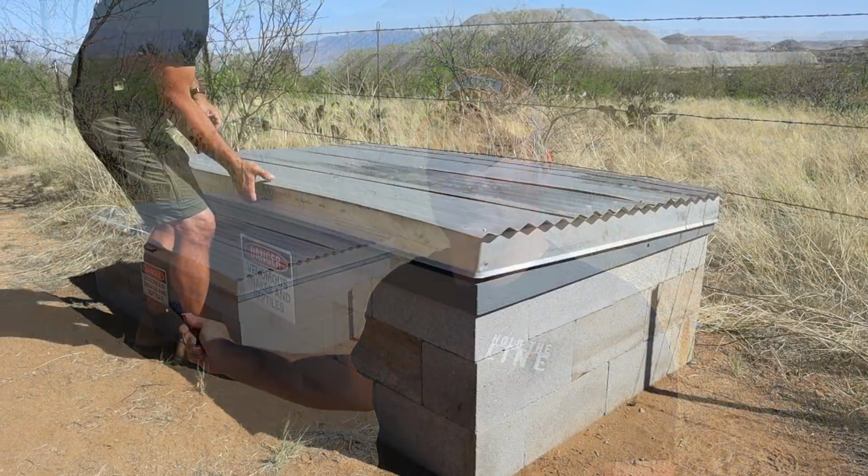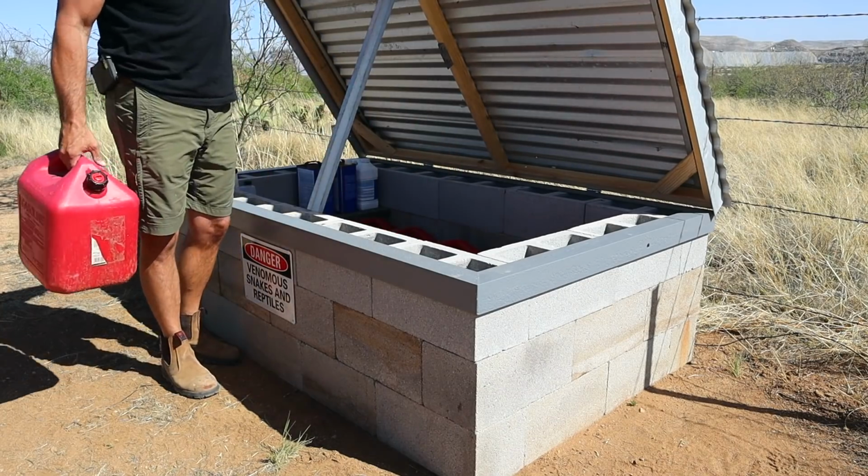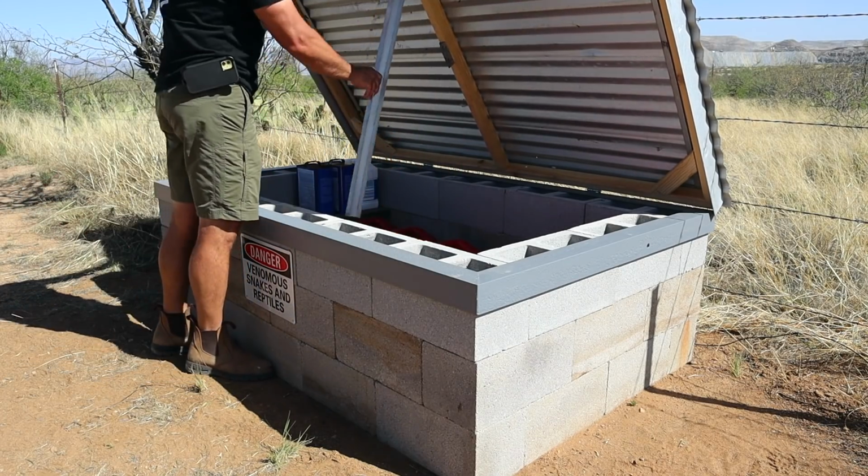I'm doing a little redneck fuel storage project right there, just so I can store some fuel cans out of the sun and keep them safe from wildfires or anything like that. The wind is perfectly timed. So anyway, it's not a very involved project, but it's been something I've been thinking about for a while, just to store a few extra fuel cans that I like to keep around for vacations or yard equipment, things like that. And anyway, I'm going to show you kind of how I did that,